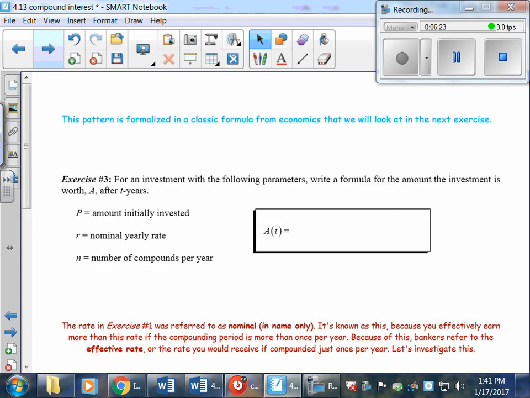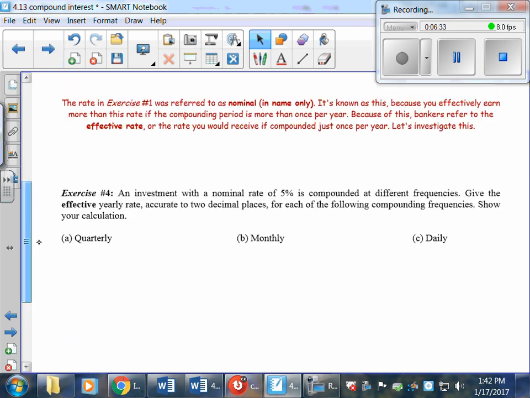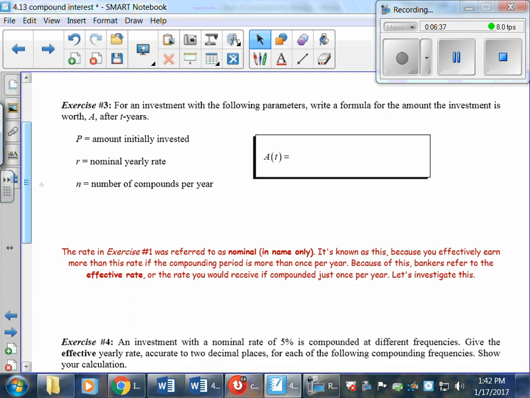So this pattern is formalized in a classic formula from economics that we will look at in the next exercise. So exercise 4. Here it is. For an investment with the following parameters, write a formula for the amount the investment is worth, A, after